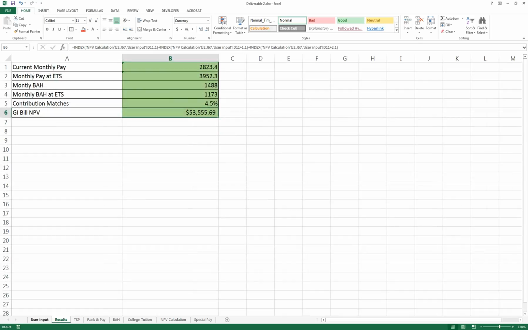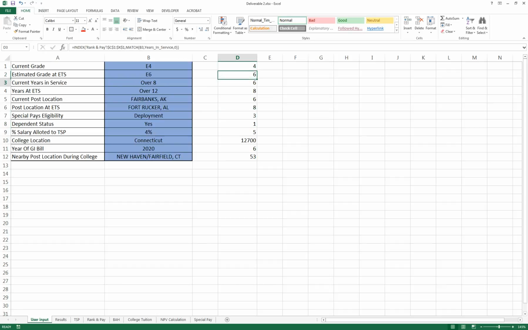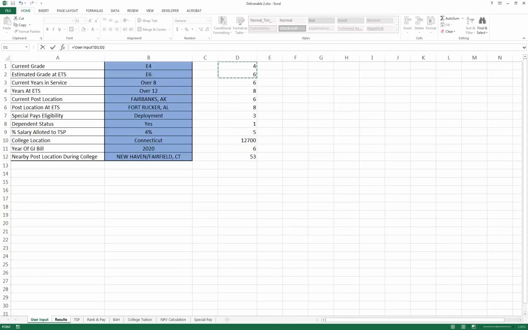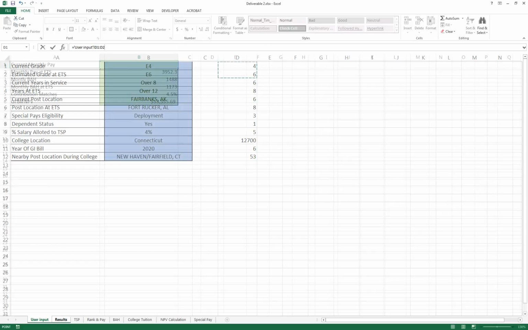Now, for the smaller details, how I made these numbers pop up is I have used the index function, and like I said before, depending on the option that the soldier chose, that word or character was associated with a number by using the index function. It was matching it together. In the results table, you can see that I have also used the index function in order to find the correct values. So what it does, it references back to the user input table, takes one of these numbers, depending on the one that is required for the calculation,